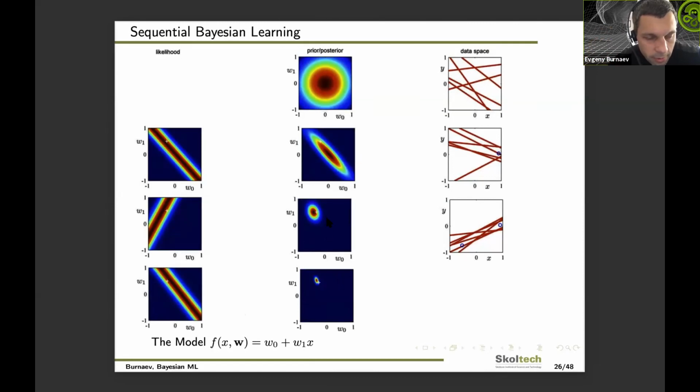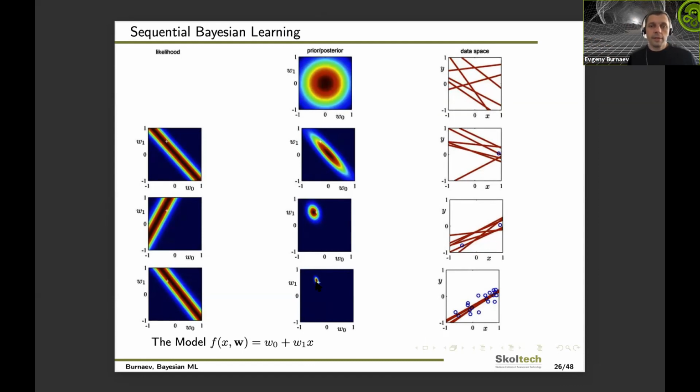And so when I multiply this posterior by this likelihood, my posterior on the third step is concentrated even more. And now we see that I can estimate values of parameters W0 and W1 very accurately because the posterior is very concentrated. And so it's obvious that now if I get more and more observations, then